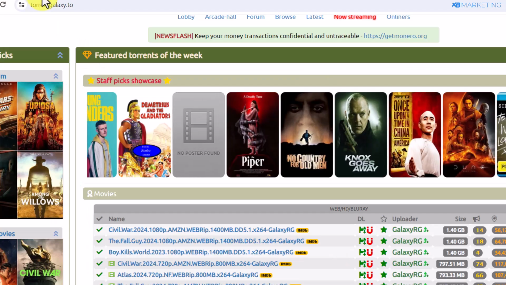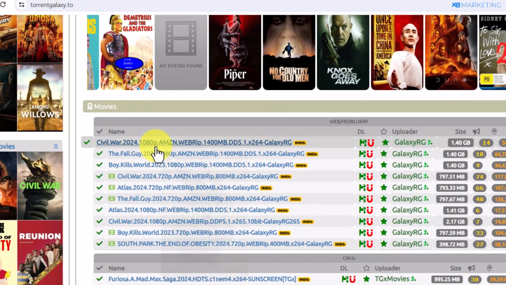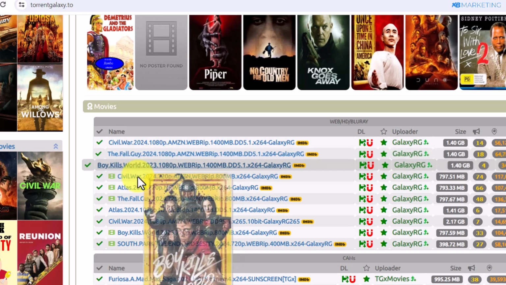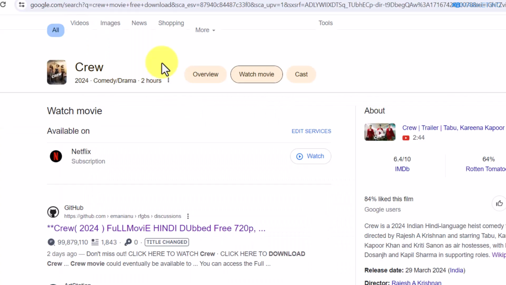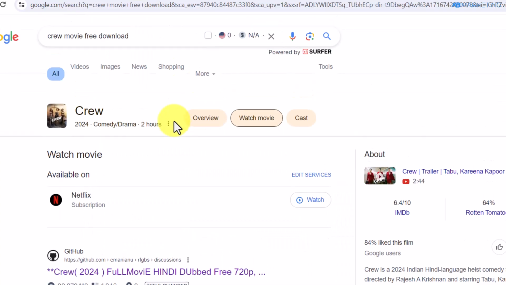So once you do that, you want to come back to this website, and you want to do this for as many movies as possible. And if you do this, you're going to be ranking on Google, and you're going to be making money in passive income as you'll be getting organic traffic from Google. And keep in mind, Google is the number one search engine in the world.